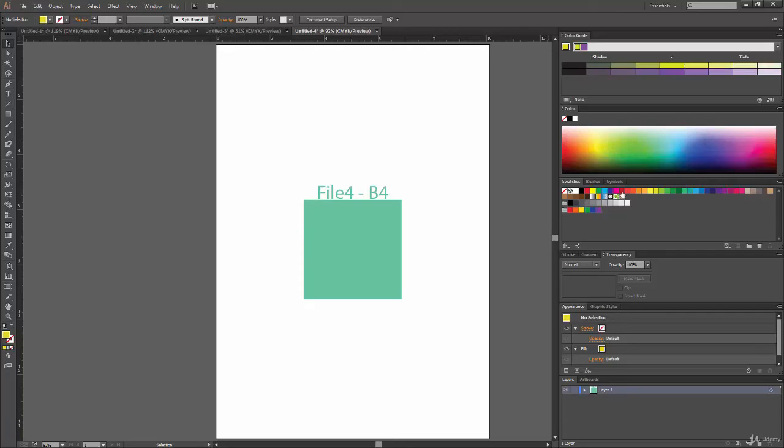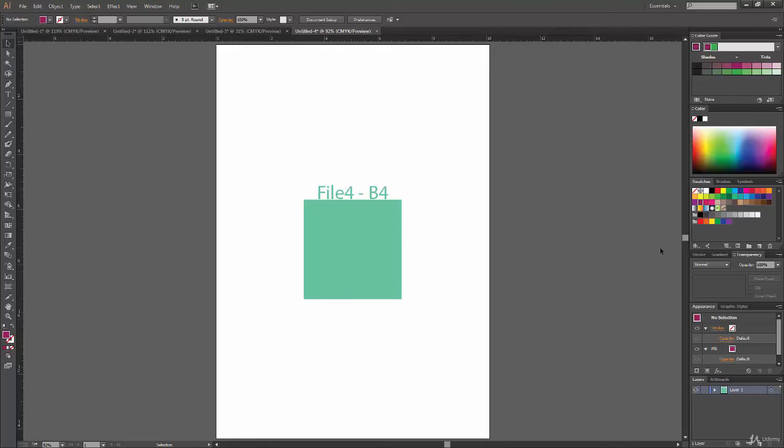So you can select a color and you get alternate colors over here, or if you want to select something from swatches, you're getting your complementary color options from here. It depends on what kind of work you have, and you can arrange all these panels the way you want.